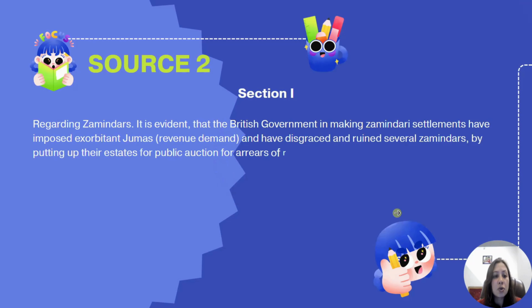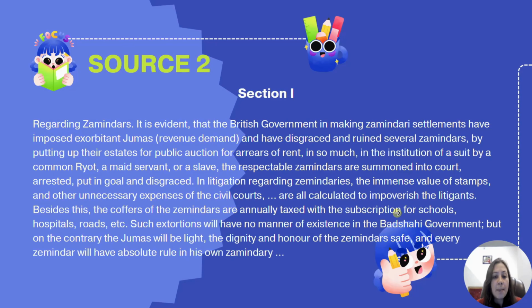Moving on to the second source of the day. So this talks about the Zamindars, like why the Zamindars were frustrated because of the British Raj and why they participated. So we know that Zamindars enjoyed a very high position and power in India before the arrival of Britishers. And when the Britishers came to India with their exploitative policies, the power and the position of the Zamindars started declining, right? They were just the tax collectors and nothing more than that. So this particular passage talks about all the rights which were taken away, right?